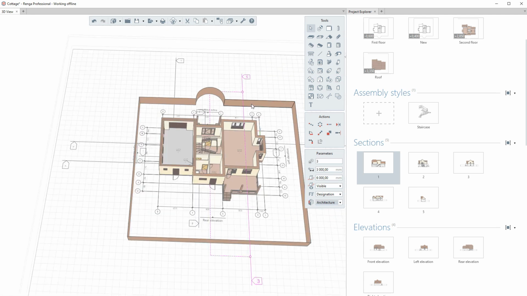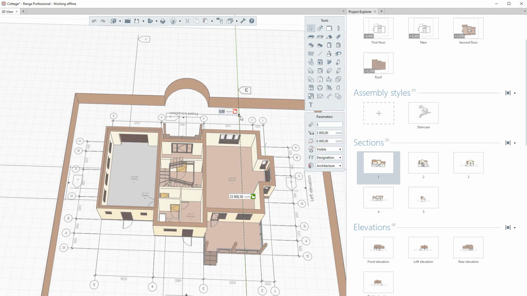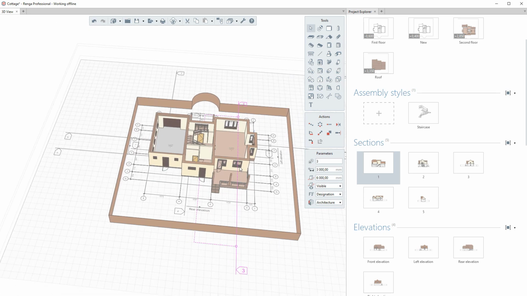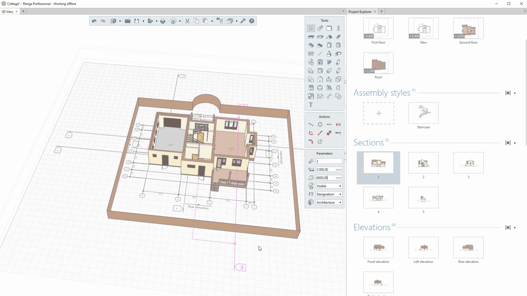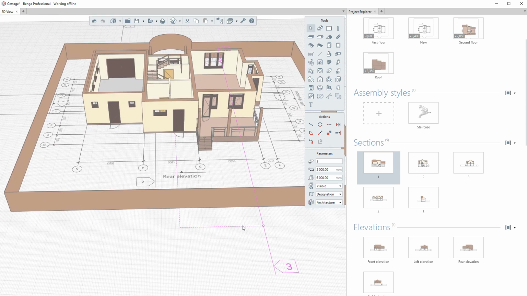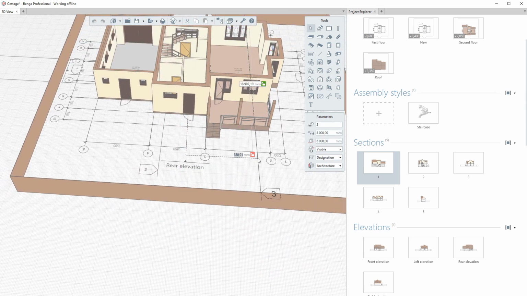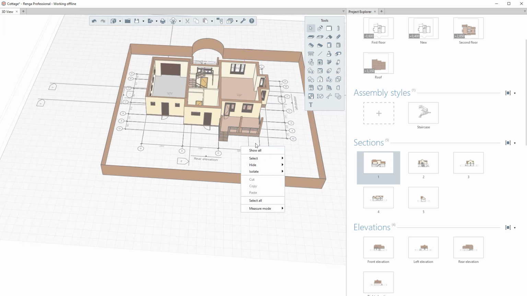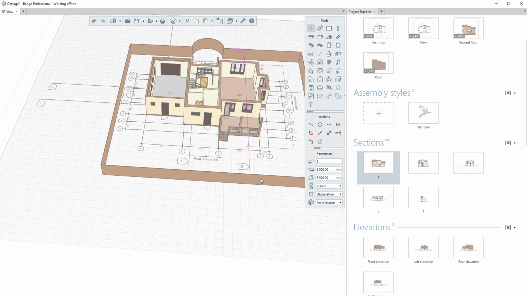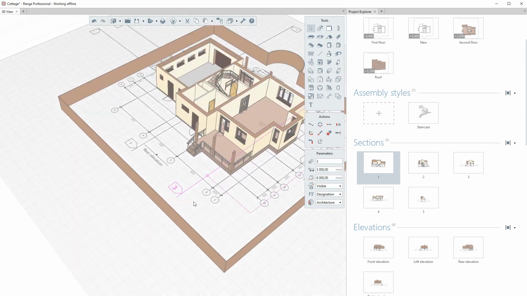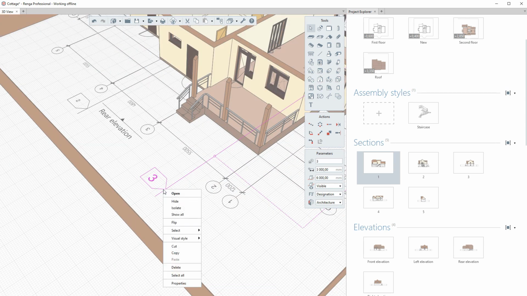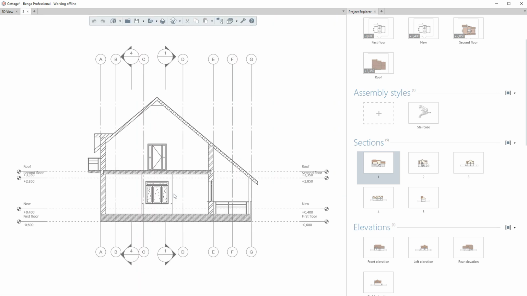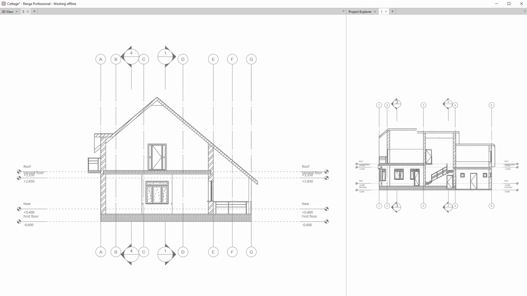The handles of the section and the view depth plane offset determine visibility area where objects are displayed in the section view. When you select a section in the model, the boundaries of the section visibility area are displayed. To change view orientation of the section, use the flip command in the context menu. In order to view a section image on the work plane, right-click the section image. Then select Open in the context menu. New sections also appeared in the Project Explorer. You may also go to the section images through the thumbnails.